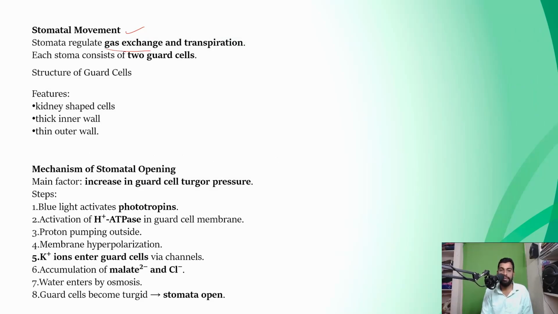Stomata regulate gas exchange and transpiration. Each stoma consists of two guard cells. Structure of guard cells: kidney shaped cells, thick inner wall, thin outer wall. Mechanism of stomatal opening. Main factor: